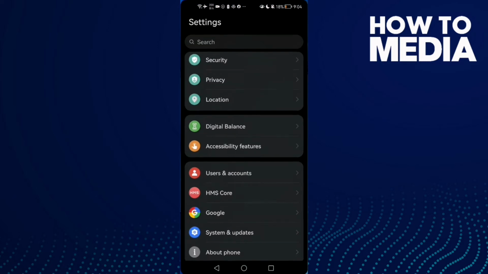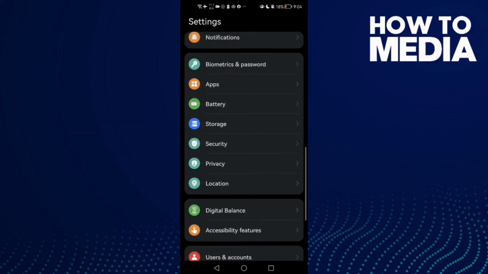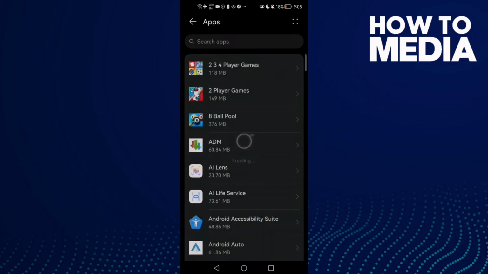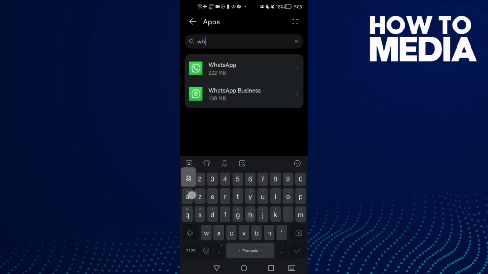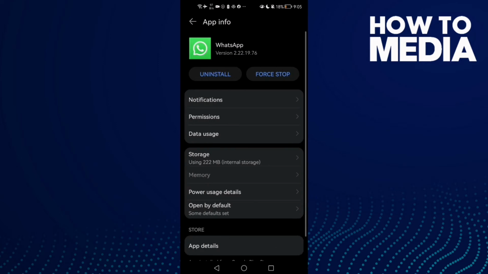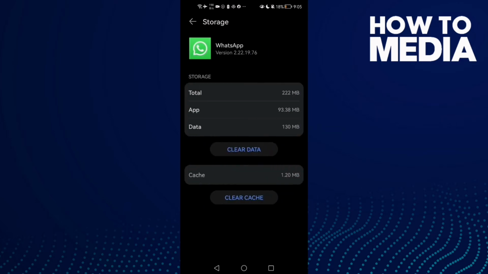First, open settings, and then scroll down until you find apps, and now click apps again, and here just type WhatsApp and then click this one, WhatsApp here, and first thing click force stop and then click storage. Now click clear cache